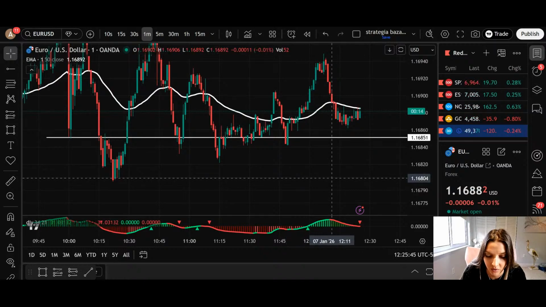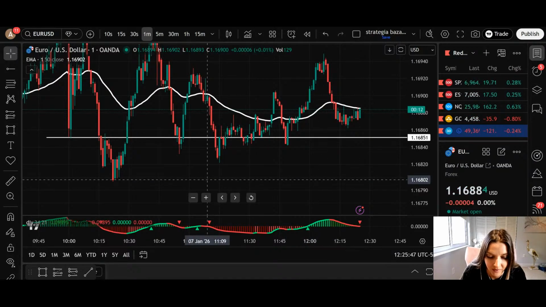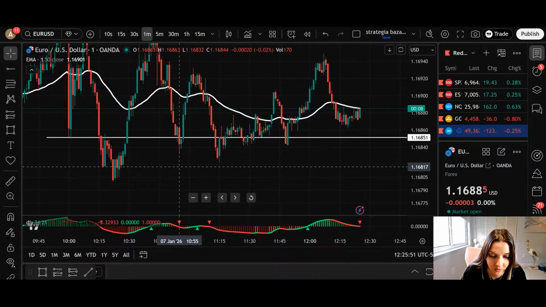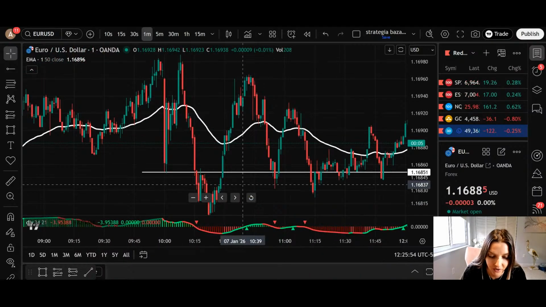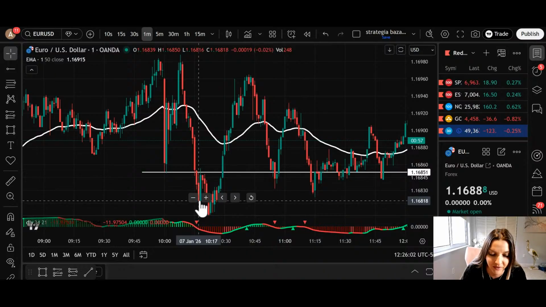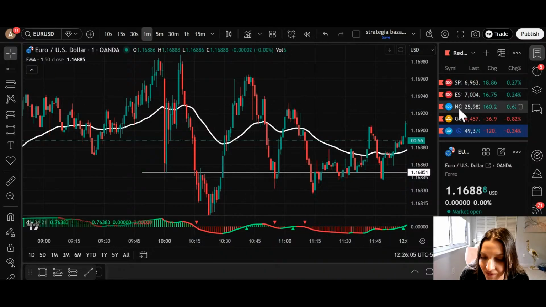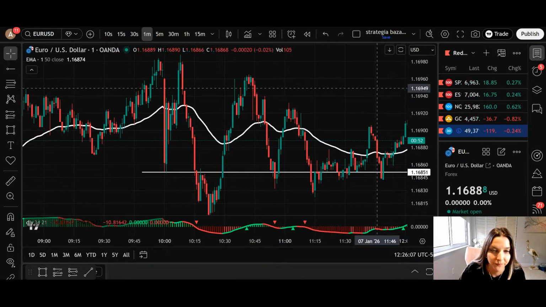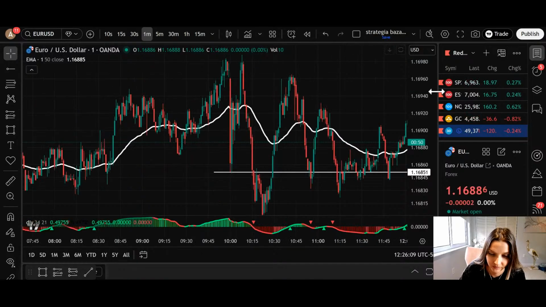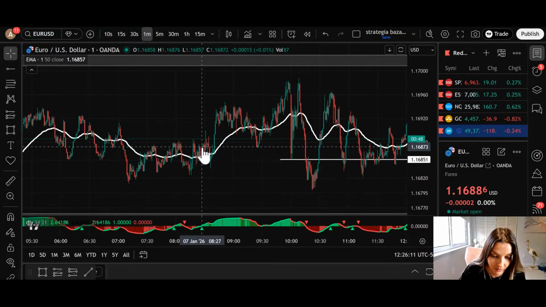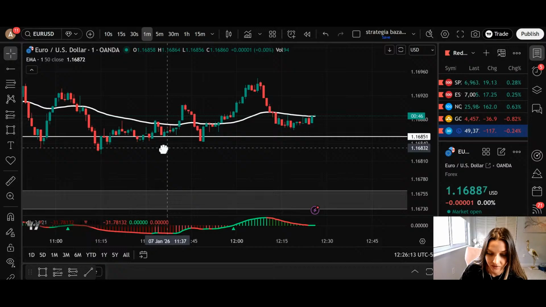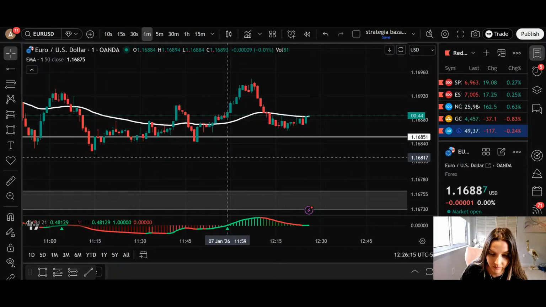But look, this indicator don't work too good on Euro USD. You see, just at the change trend, it says buy, but it went down. It says sell, it went up. This indicator don't work too good for that. It worked great on US 30, but on here,